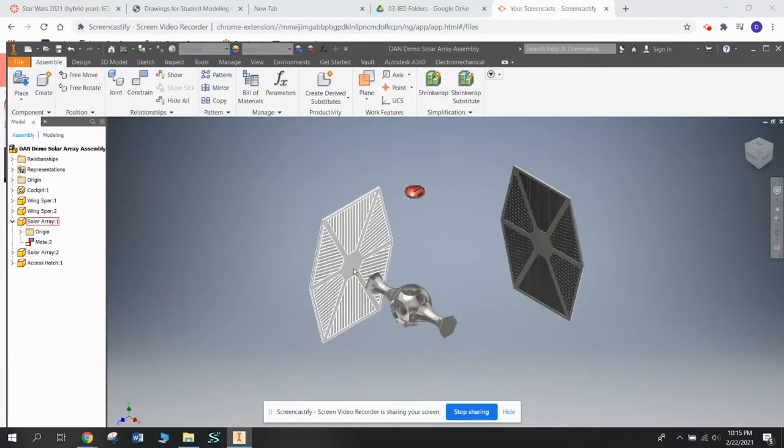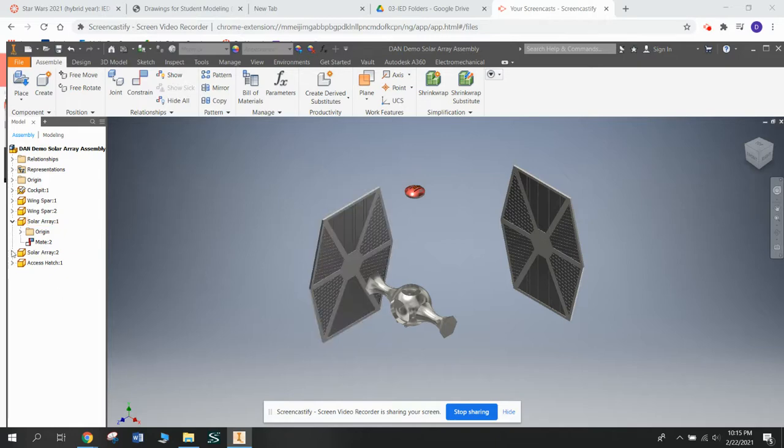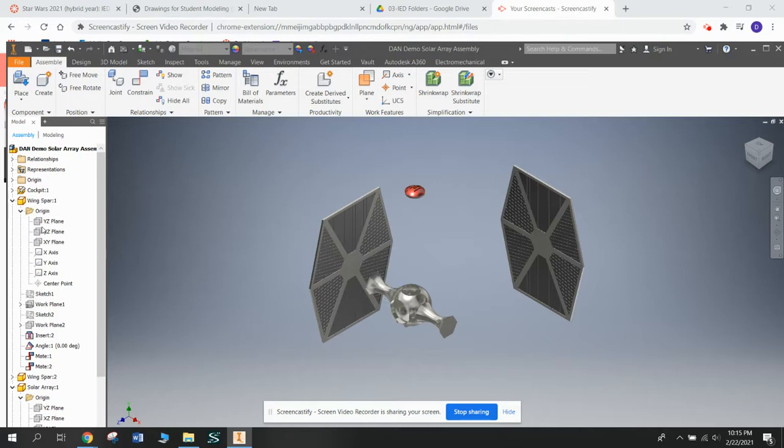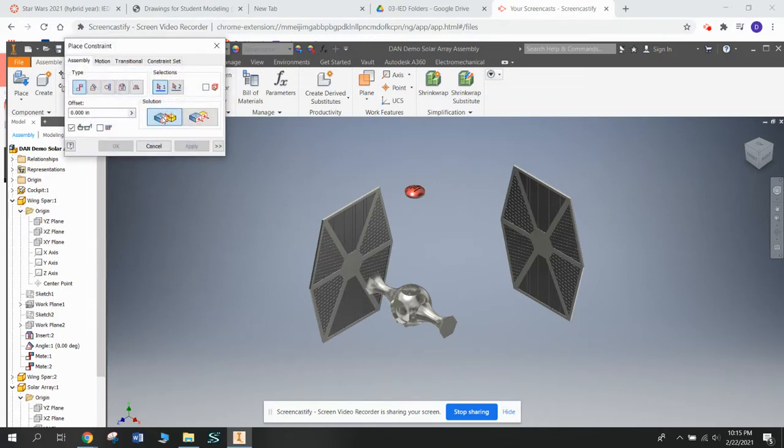So again, because we built most of these parts symmetrical to the origin, I'm going to mate some of the axes here. So I'm going to come over to my solar array, and I'm going to maximize the origin of the solar array and of my wing spar. That's wing spar number 1. Open up the origin there. So I'm going to mate